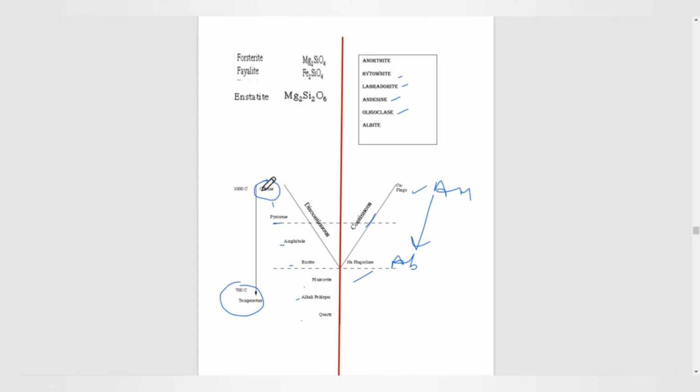One of the important facts about the discontinuous series is that during the crystallization of olivine, there are two end members, forsterite and fayalite. Out of these two, the Mg one, forsterite, will crystallize first. After that, the iron one will crystallize. Fayalite will crystallize after the forsterite. Similarly, in the case of pyroxene, Mg pyroxene, which is enstatite, will crystallize first, and after that the rest will crystallize. We will see them later.